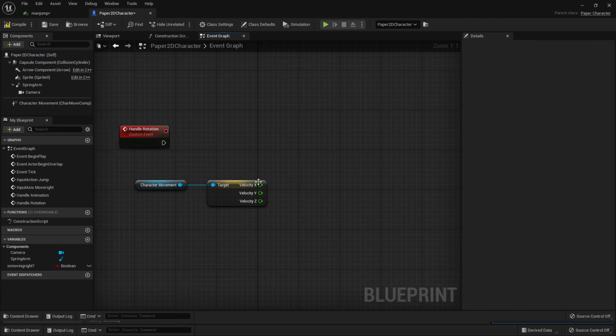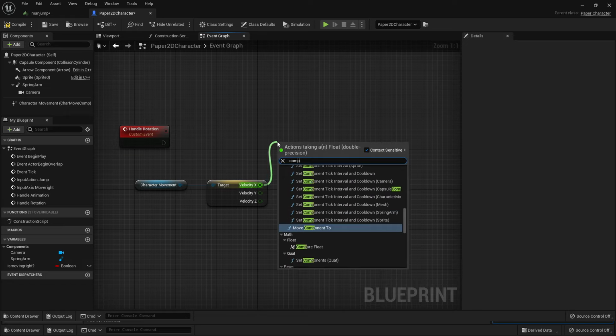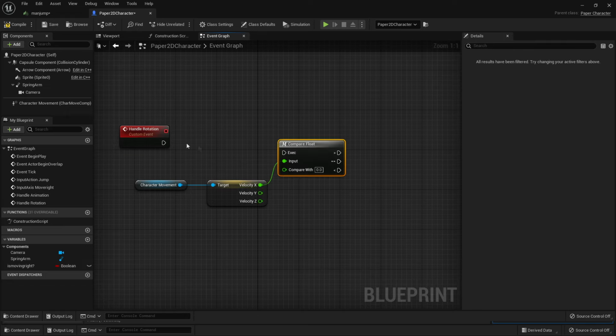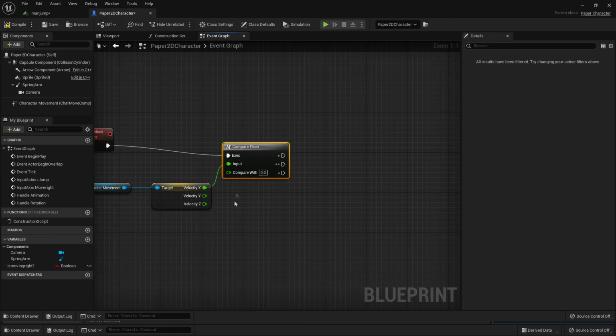And then what we're going to do is just drag off our velocity x and look for compare float and hook up handle rotation into here. So we're always going to be comparing our character's velocity in the x-axis with this value. So if our character's velocity is greater than 0, what we're going to do is make it so that they're